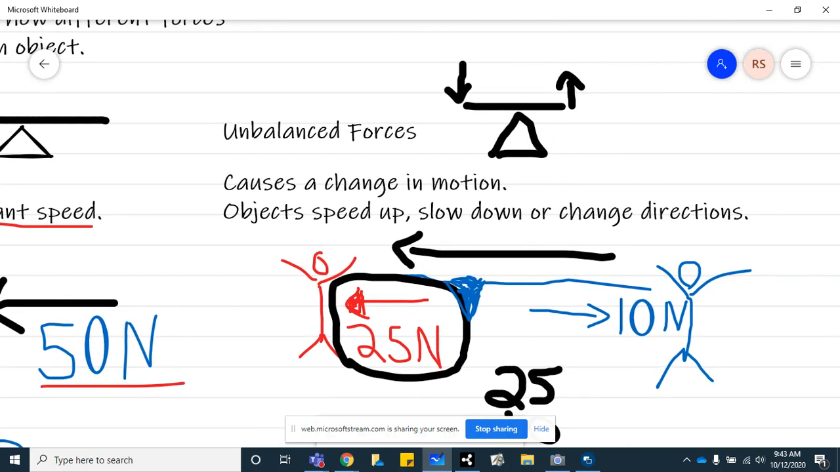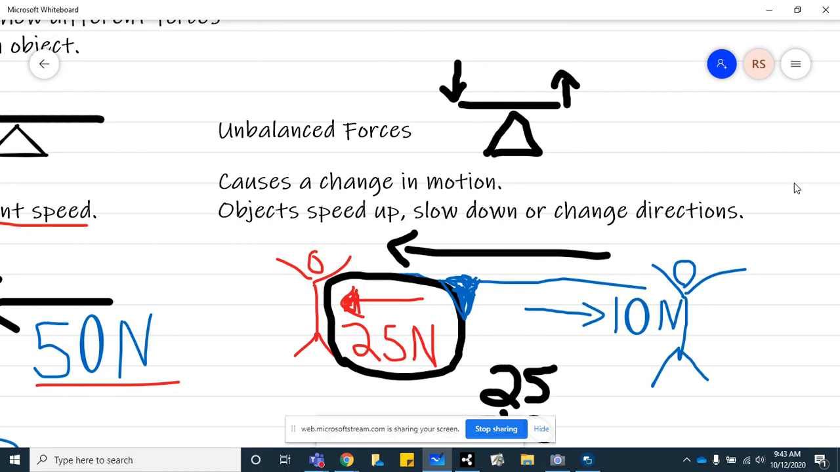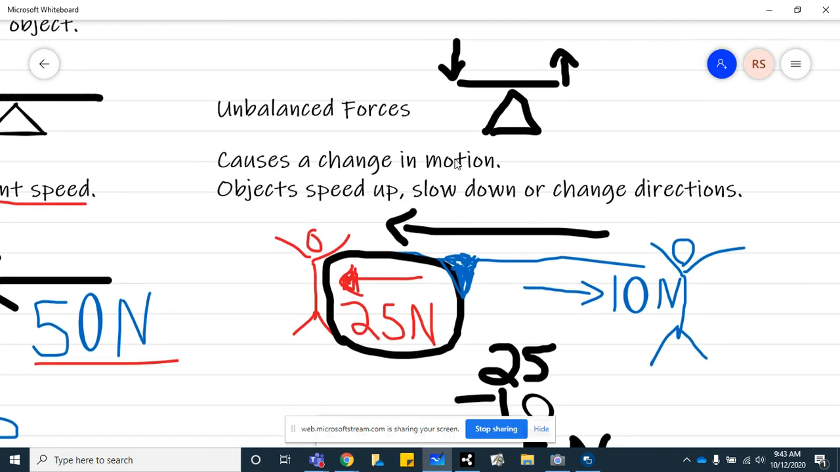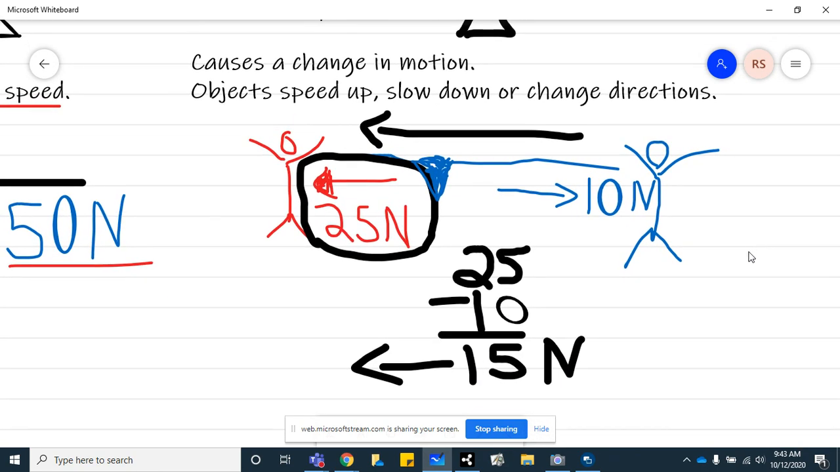So that's balanced forces. Unbalanced forces means that you have one force that's greater than another force. So these kinds of forces cause a change in motion, which means objects are going to speed up, slow down, or change directions. If you have a friend and you decide to play tug of war with a piece of rope and you got your little flag in the middle to know who's winning or not, then let's say your friend is pulling with 25 newtons of force and you're only pulling with 10 newtons of force. We know because your friend is pulling with more force, they're going to win and you're going to start going